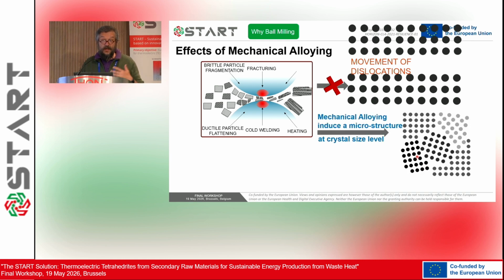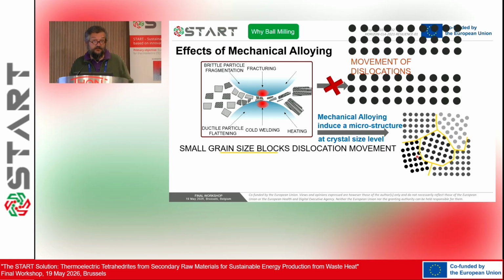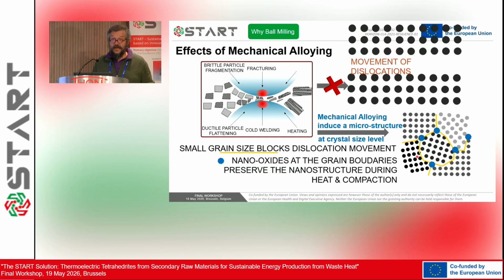As we have seen, it is quite effective in creating the nanostructure, and this nanostructure is blocking the movement of dislocation. This was the first good application for ball milling on metals, because it was creating more grain boundaries, blocking dislocation, adding also some nanoxide here and there that blocks the further growing during annealing of these